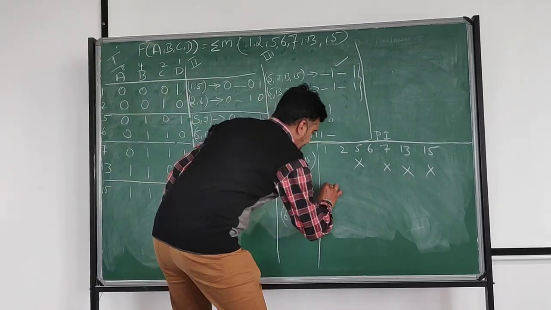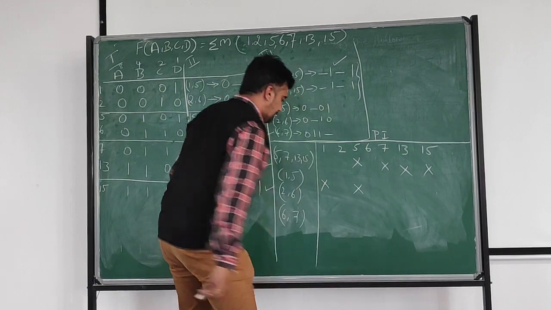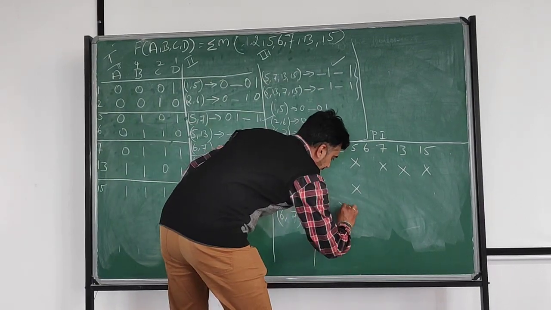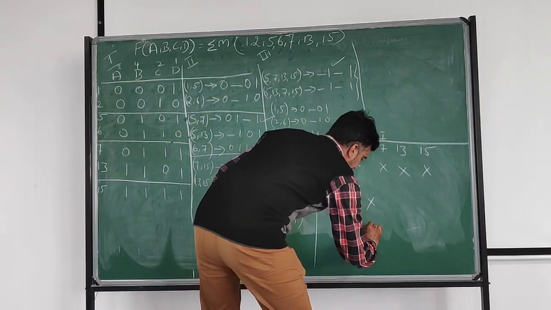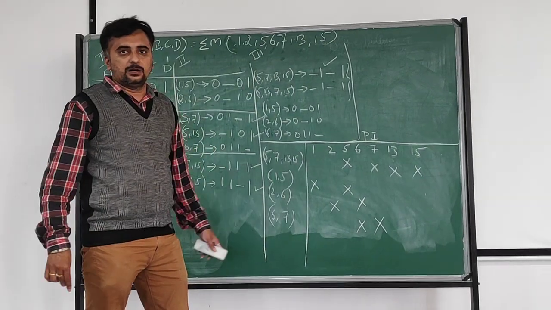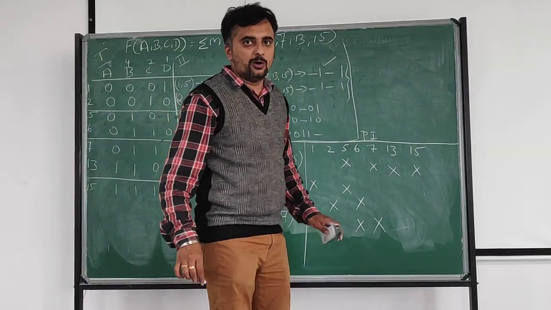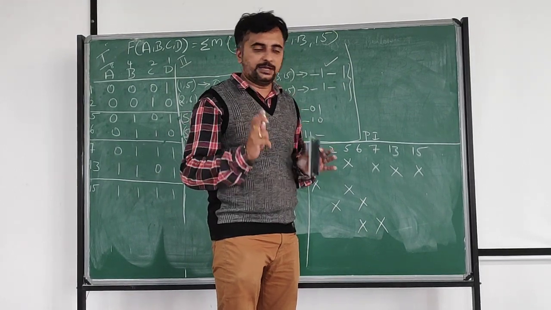Next 1, 5. 1 is available here. 5 is available here. Next 2, 6. 2 is available here. 6 is available here. Next 6, 7. 6 is available here. 7 is available here. After mapping, now check where the value should be appearing only once in this column,